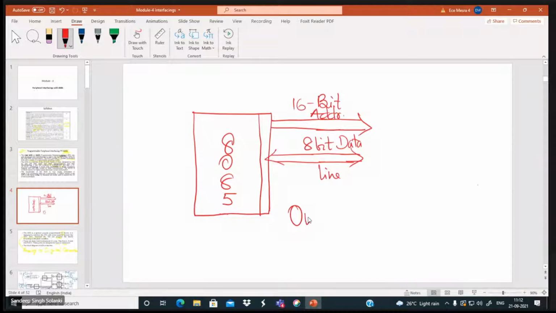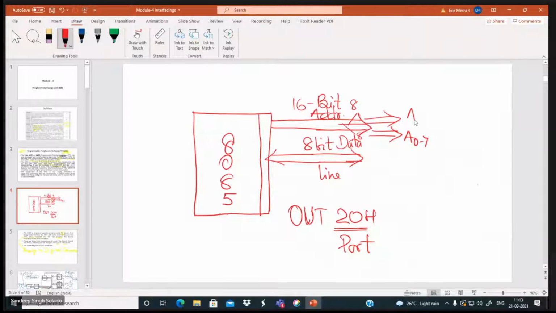Now I'm taking the question once again. Out port address, 8-bit. If suppose I write here 20H, it means what? The 20H is the address of the port, and that 20 will appear on this line. You should be aware also that these lines are being divided into 2 parts, 8-bit and then 8-bit, and this 20 will appear on both the 8-bit, that is A0 to A7 and A8 to A15. Both will be having their contents as 20H because we are finding it duplicated.